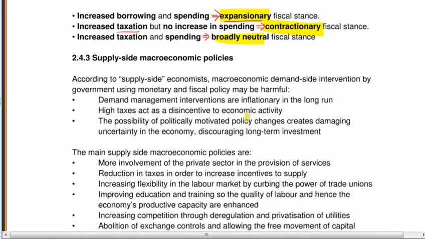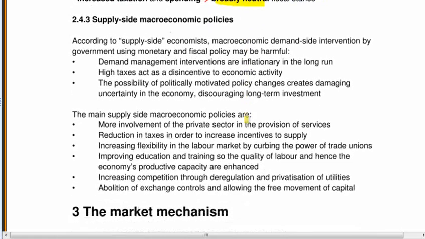Now, that's all about the demand within the economy. There are also economic policies which we can employ to affect the supply within the economy. So these are called supply side policies. And a lot of these are very sensible. The problem with supply side policies is they do tend to take a lot of time to implement, a lot of time to take effect. Demand side policies can hit virtually instantly. For instance, if the government raises interest rates, that has an impact almost straight away. Whereas supply side policies do tend to be more long term.